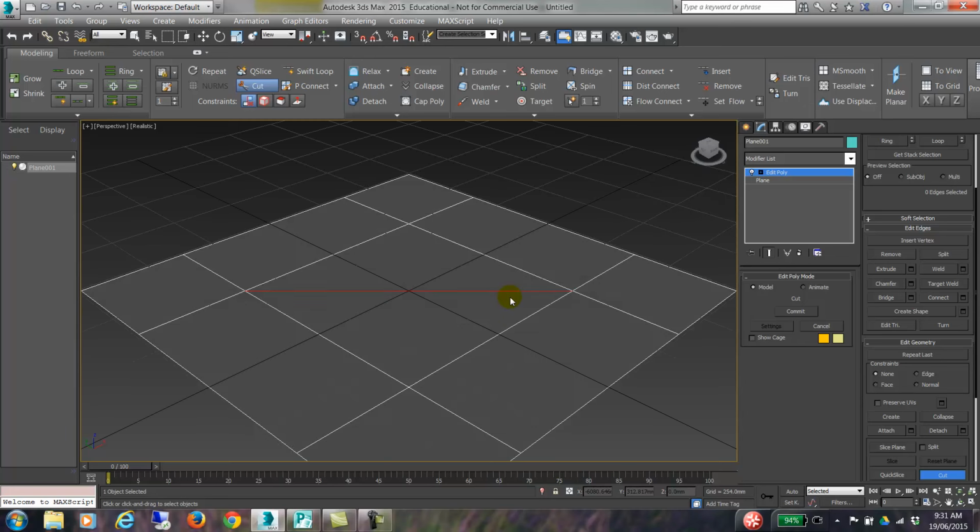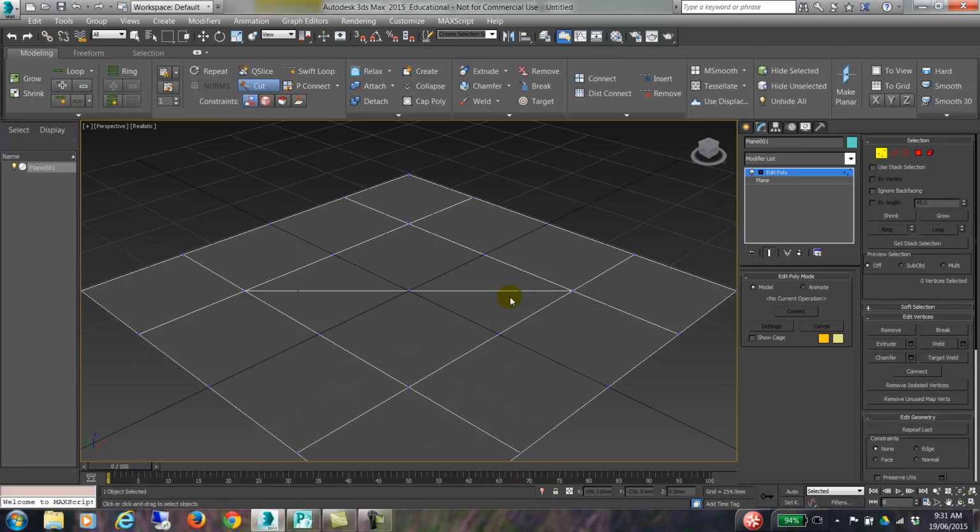Z is zoom, so you can zoom in. 1 puts it in vertex mode, and we can cut across these other vertexes here, like so. Right click to end the operation. If you select the center vertex, you'll see it's got a name. I can't read it there, but we have to make sure that these are just one vertex and not 2 verts sitting on top of each other. So we'll just go around and check and make sure that's the case,